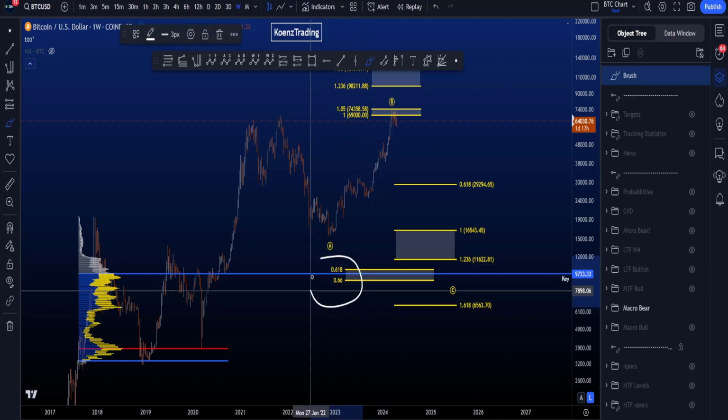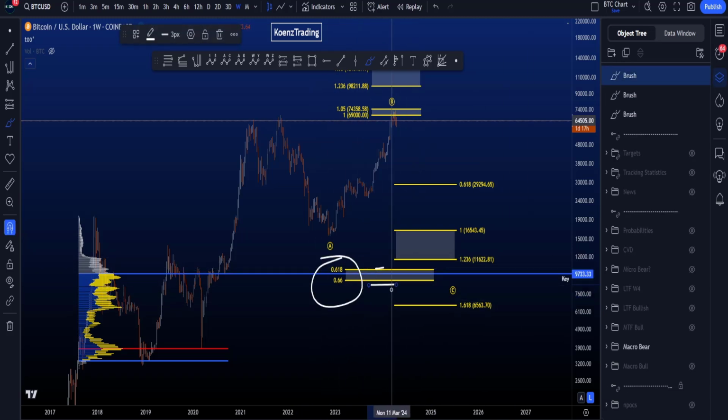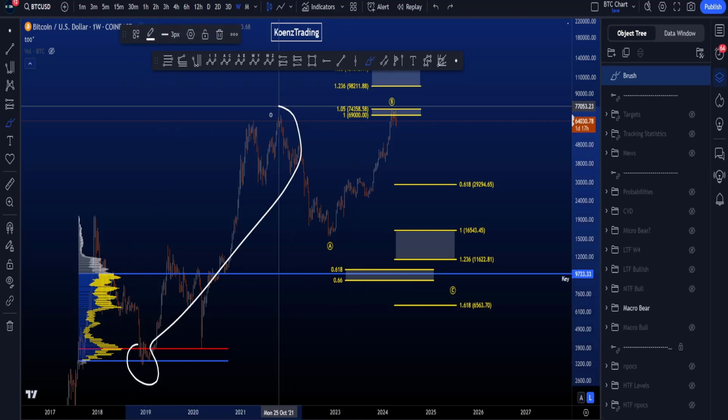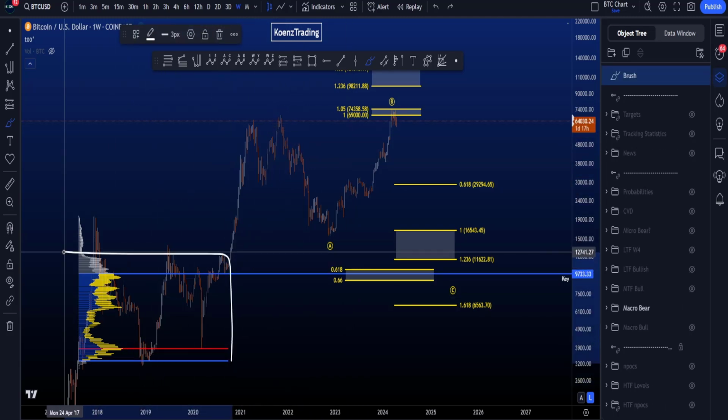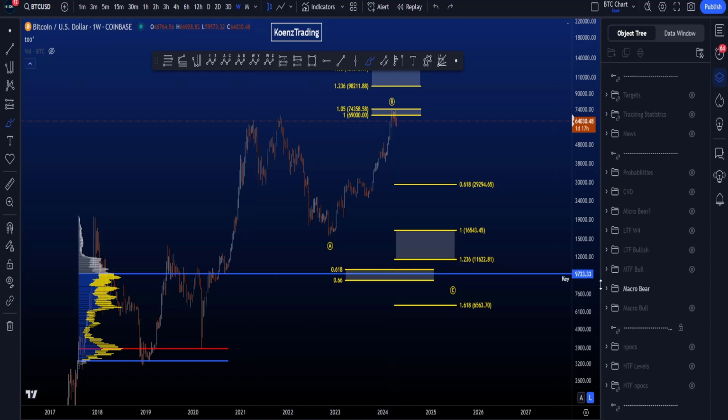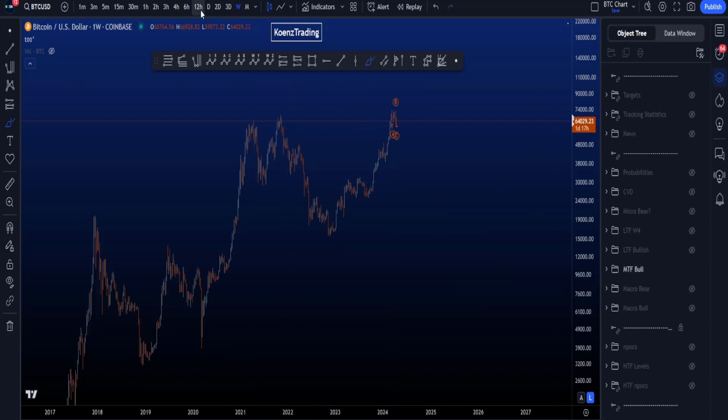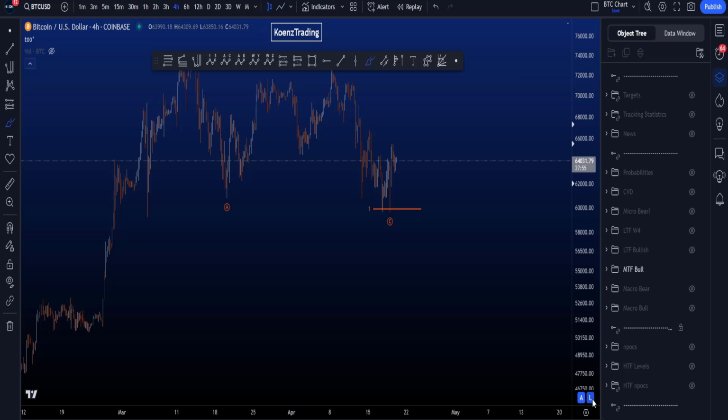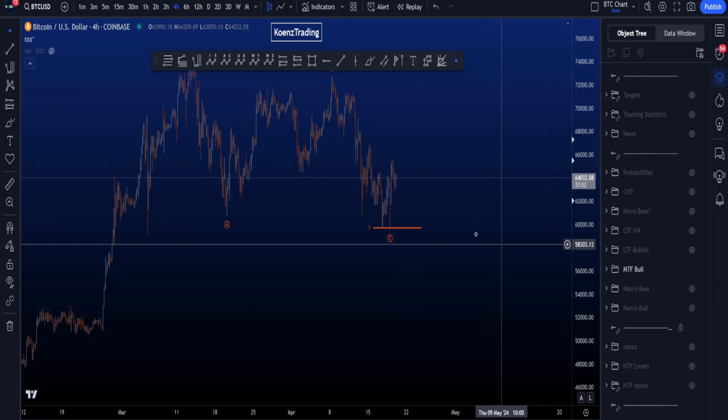Important support for Bitcoin in that case is between 10 and 9k. We have the golden pocket from the low to the high, as well as a multi-year volume profile value area high. If we then continue talking about the higher probability weekly scenario, which is the bullish scenario, and look at